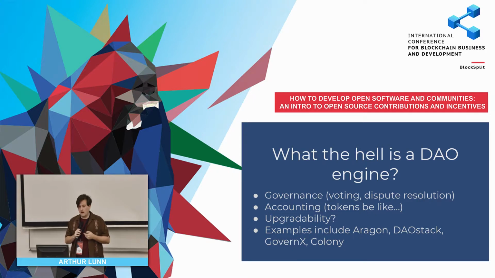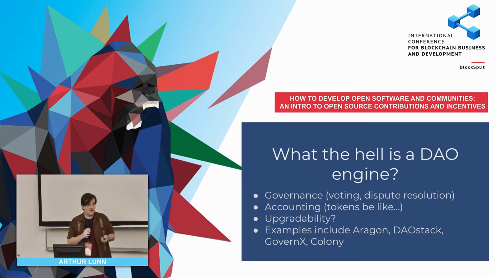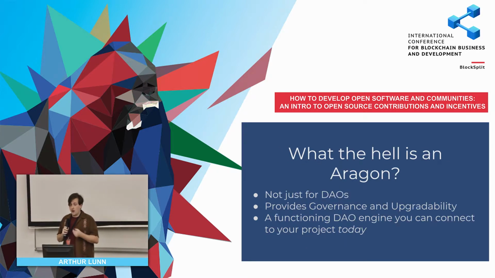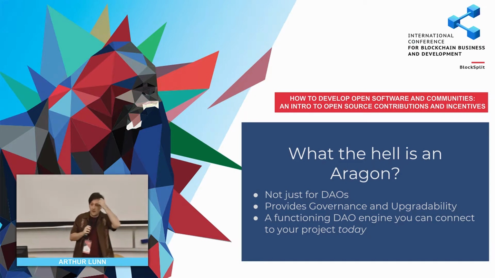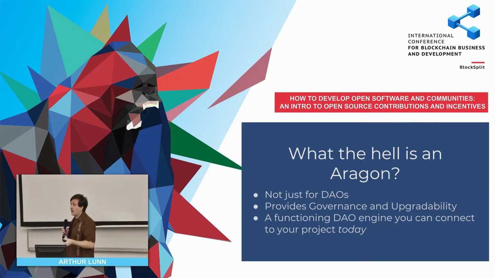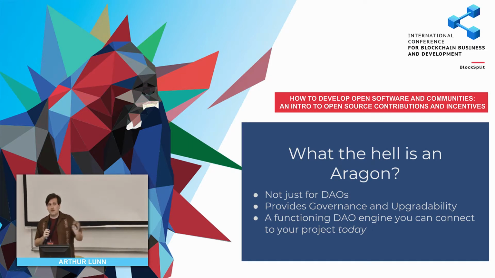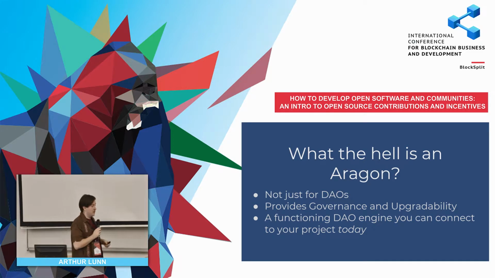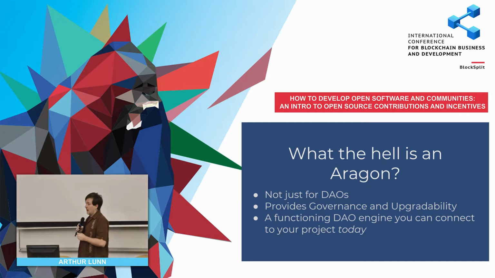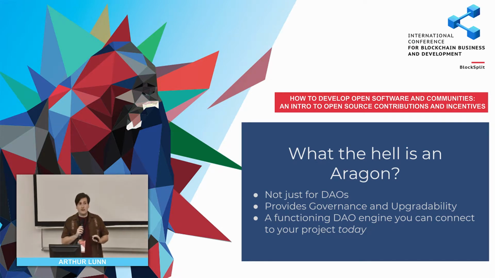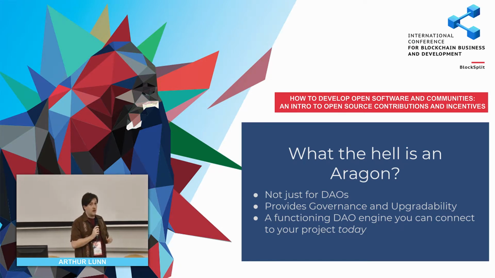And personally, I think that Aragon's furthest along since you can build stuff on it. You can build stuff on it now. So again, what is Aragon? They don't really like it when I call them a DAO engine. But they basically, again, give you the governance and upgradability. Those are obviously important outside of just decentralized organizations. They handle a lot of the upgradability through an access control layer. And the way to do that in a decentralized way is to assign these access control roles to contracts.